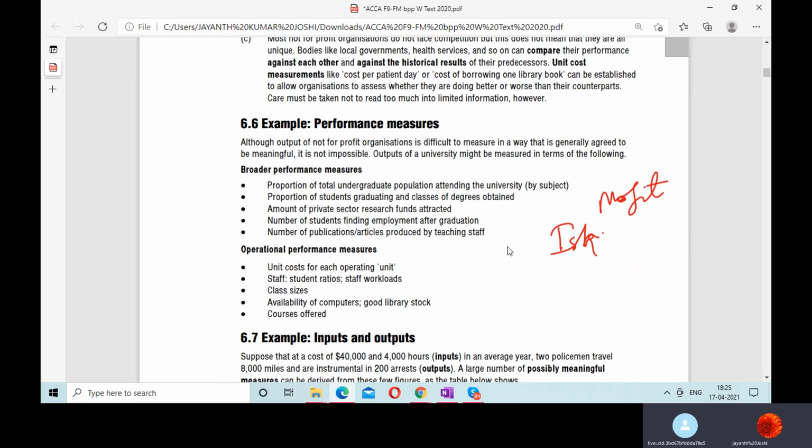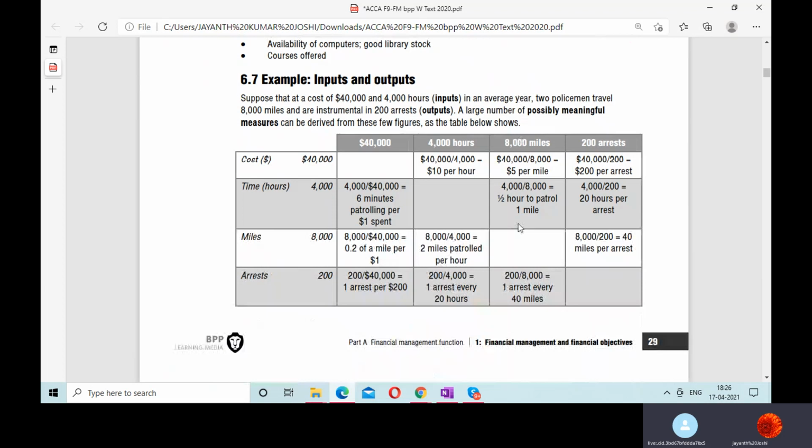A student has homework. If he does homework, that's good for him. Good scores are good for him. And for a businessman, it is profits. Everyone has their own performance measures. In that context, let's come to the policeman. What does a policeman have? How many thieves he catches. That is his performance.